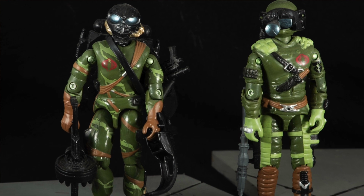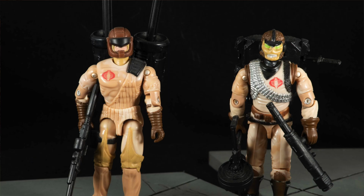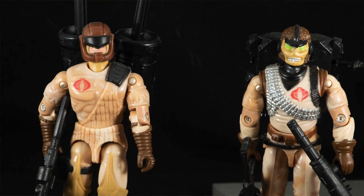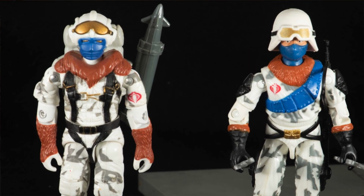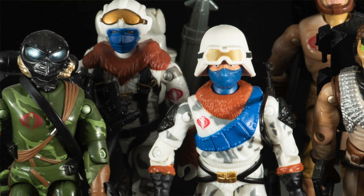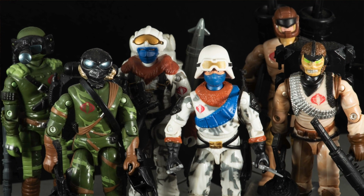The Jungle set included the Night Viper and the Frag Viper, which you can see here. The Desert set had a Range Viper, which is one of my favorite characters, and the Flak Viper, and the Arctic set came with an Ice Viper and a Snow Serpent. For O-ring figures and repaints, these are fun and fantastic figures, and I'm super happy that I have them in